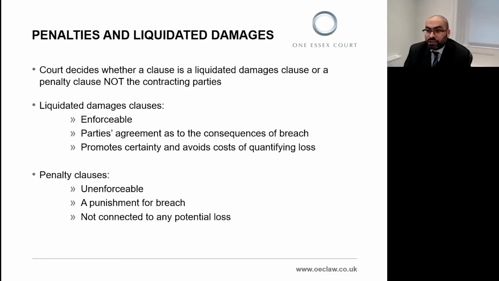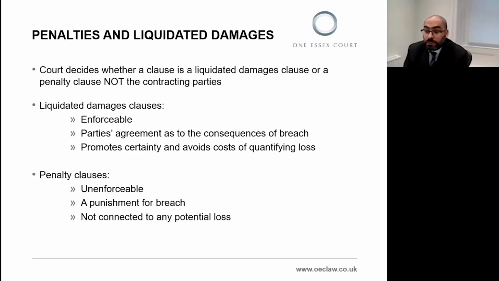So with that in mind, the starting point when thinking about penalty clauses is to understand the distinction between penalties on the one hand and liquidated damages clauses on the other. It is, of course, open to contracting parties to agree the consequences of one party breaching their obligations under the contract. How that works is that if one party breaches its primary obligations under the contract, the parties are able to include a clause which sets out the secondary obligations which will arise in those circumstances.